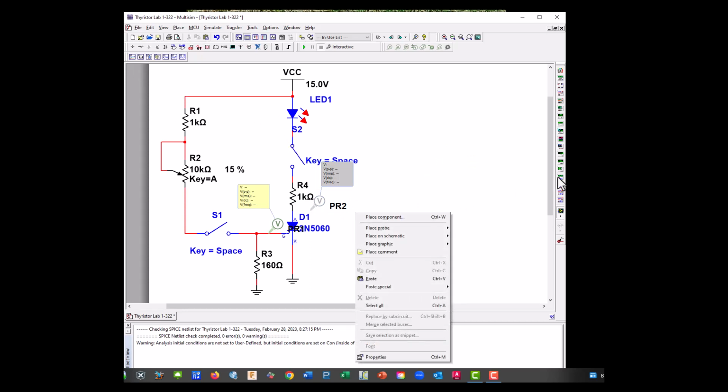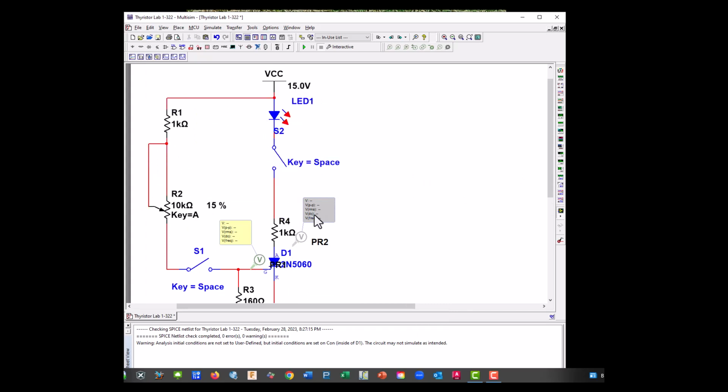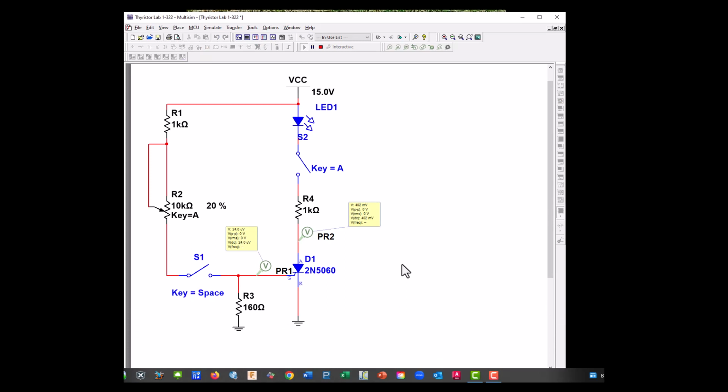Let's go ahead and move this all up. There we go. And let's stick our probe in, because we need to know what our voltage is on our SCR. Good. Okay, let's test our circuit here. Let's go ahead and make sure our LED is off. It is. So let's close A,